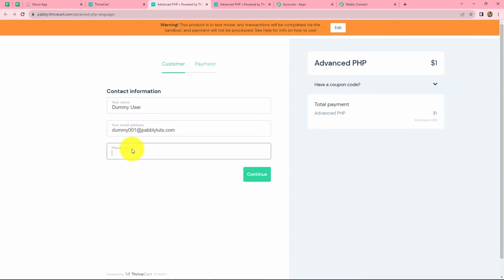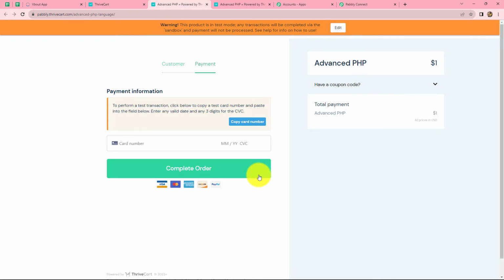dummy001@pabblytudes.com, and a dummy phone number. Okay, so I'm going to enter the phone number as. Okay, so after entering the details, let's click on continue. And because I am working in test mode, therefore I have the test card details over here. So I will copy the test card number and I will paste it over here for the card number, and I will enter a random expiry date. Let's say this, and a random CVV. Okay, after entering the details of the card, let's click on complete order,